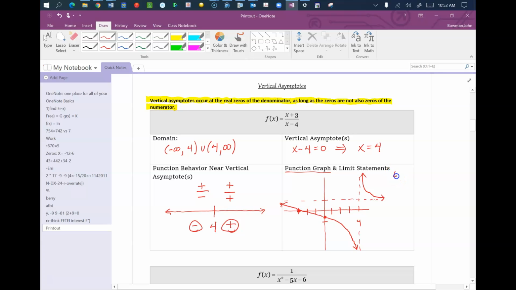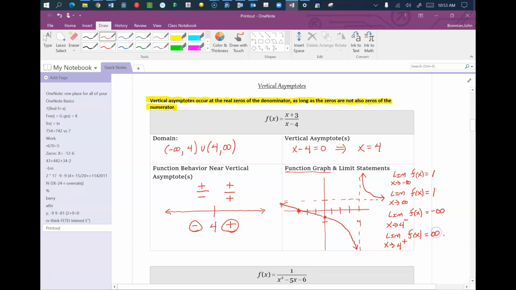Let's start with the end behavior. The limit as x approaches negative infinity of f of x is equal to positive 1. The limit as x approaches positive infinity of f of x is equal to positive 1 as well. The limit as x approaches 4 from the left-hand side, from the negative direction, of f of x is equal to negative infinity, and the limit as x approaches 4 from the positive direction of f of x is equal